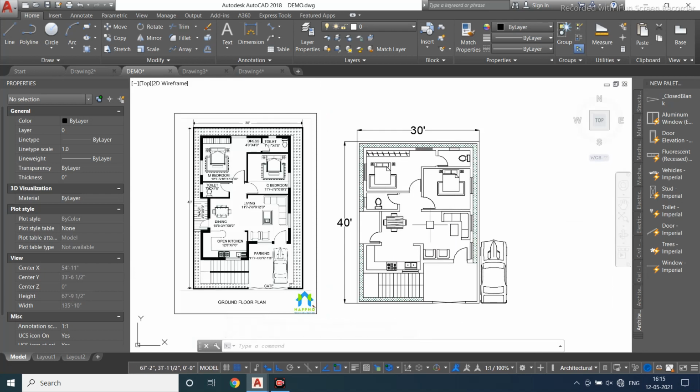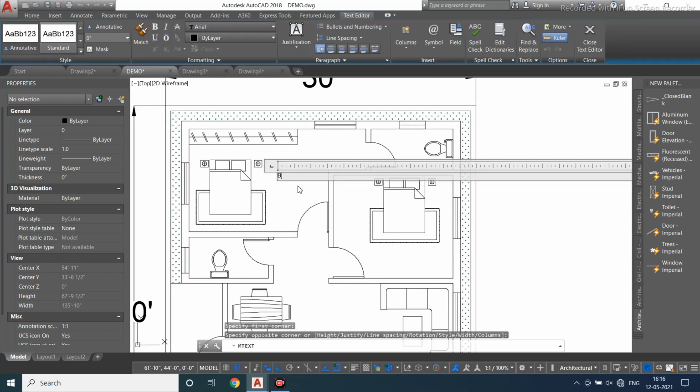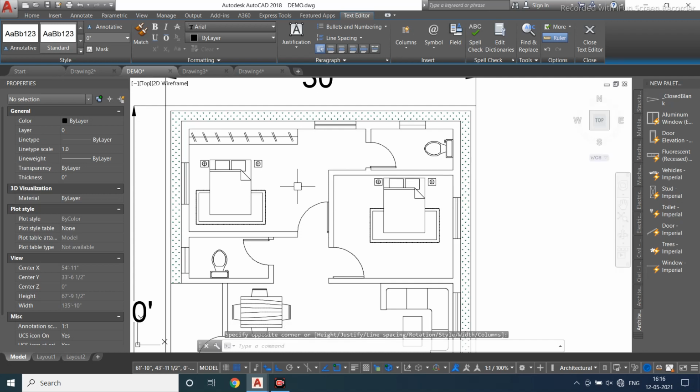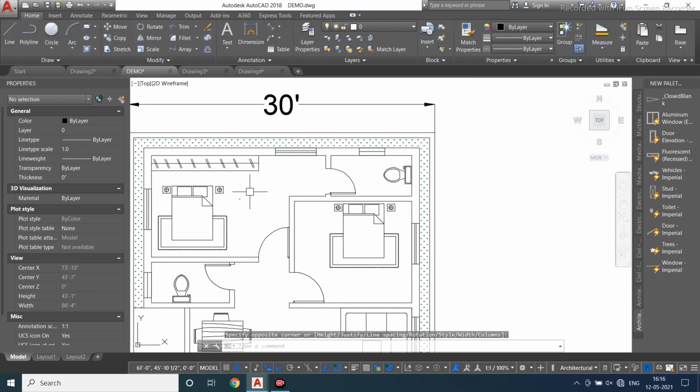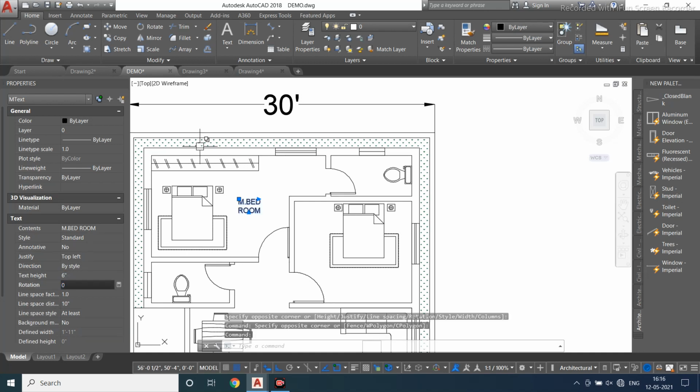Now we will complete this work by using your text, that is multi-line text, that is your master bedroom. It's very small, so we are going to increase the height to 6 inches.